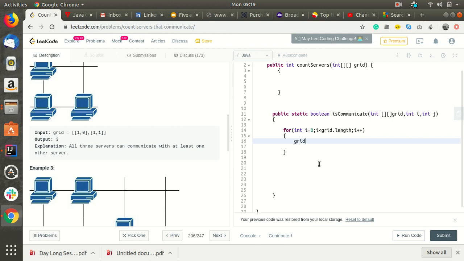So grid of, now we'll give some other variable, k, k less than grid dot length, k plus plus. But we are checking for i, so we should not check the place where it is present, so we'll neglect this i. If k not equal to i, then only we'll check.